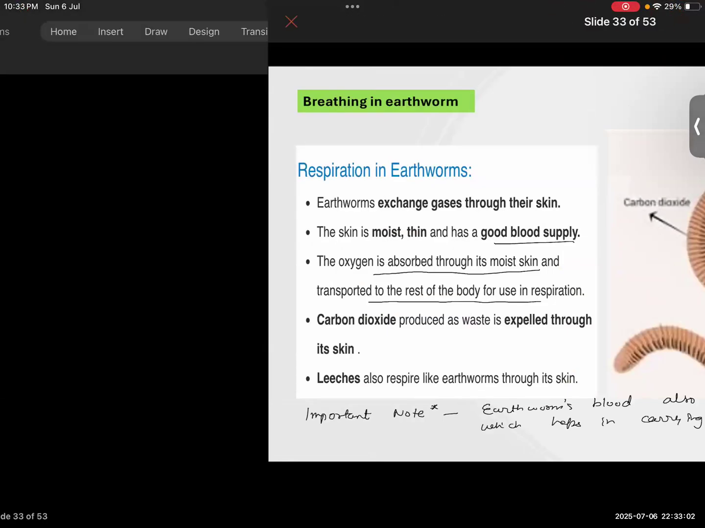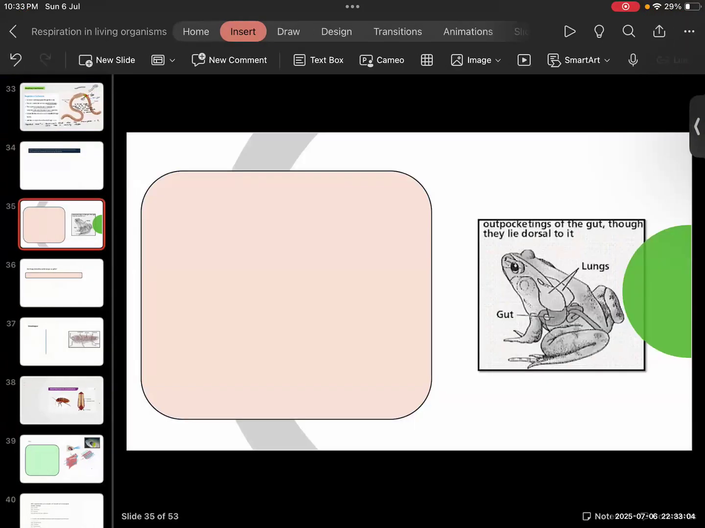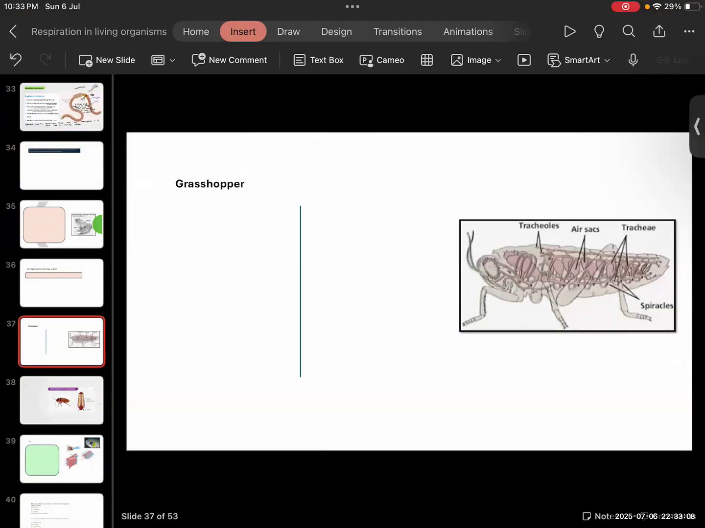Okay, that's it for today's class. We have a few more things to discuss in the chapter, like respiration in frogs, in cockroaches, in fishes,